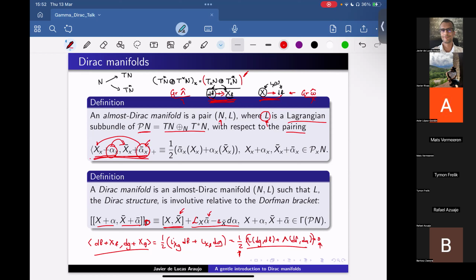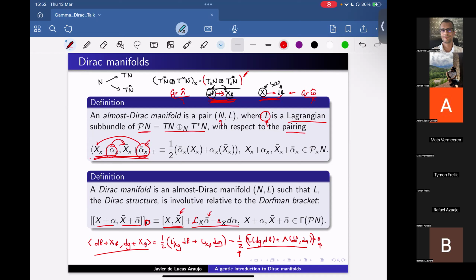You see immediately that this bracket is not antisymmetric, because when you change the first section with the second section, the result does not change by a sign. So in general, it's not antisymmetric, but it has one good thing: it satisfies the Jacobi identity. Why do we use this kind of weird